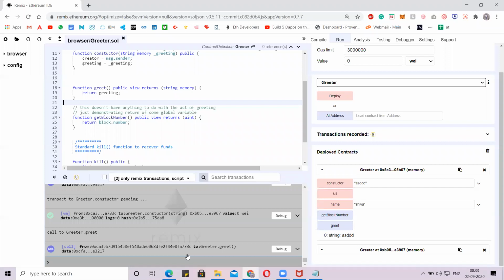Yes, you can try, guys. Just remove the view, deploy the contract. Now see the output. Are you getting the output or not? You have your contract in your hand. You have the IDE. You know the functionalities. Just do the changes you want. What are the changes you want to do?